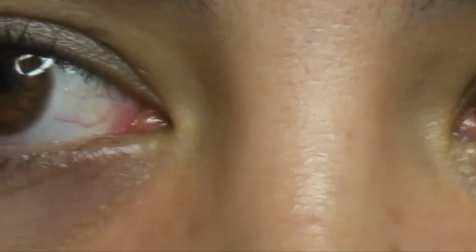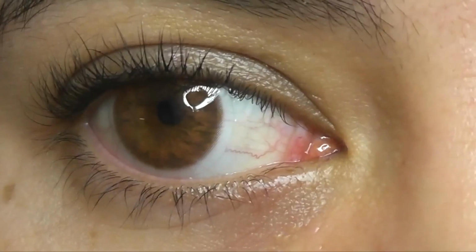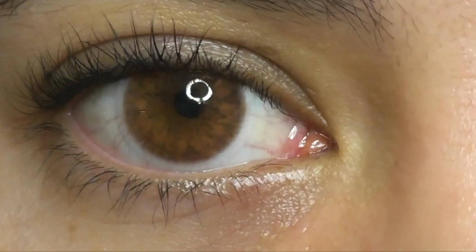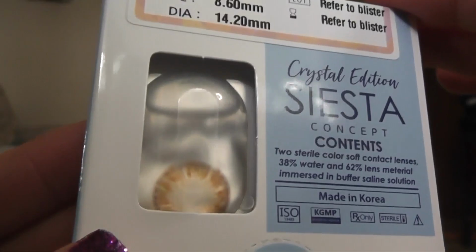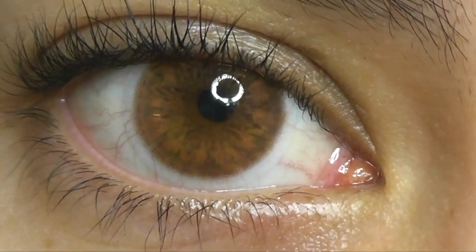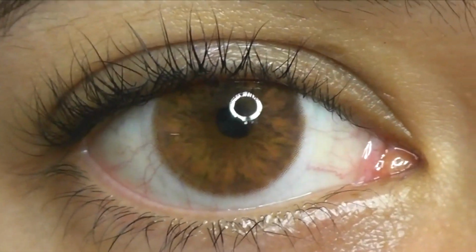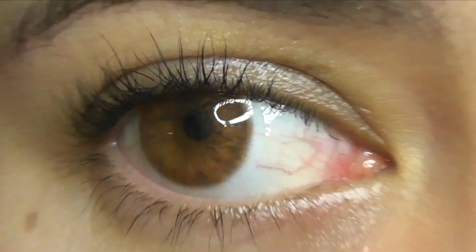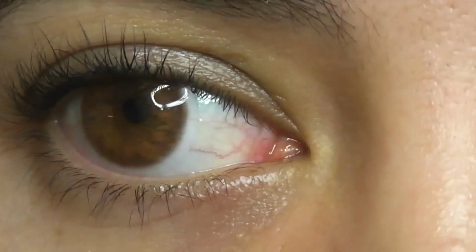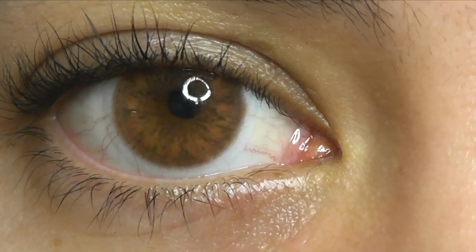And also the graphic diameter is larger, so these lenses will make your eyes look larger and rounder. My favorite thing about these lenses is the high pigmentation combined with the really well-designed pupil hole to overall give you a very natural look, but at the same time still make your eyes pop and stand out. So if you love those really bright brown lenses that make your eyes look like they're glowing, you will absolutely love this ColorCL Halo Amber, and that is what I'm wearing right now in this video in case you guys